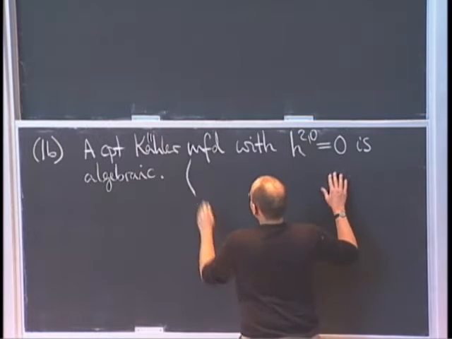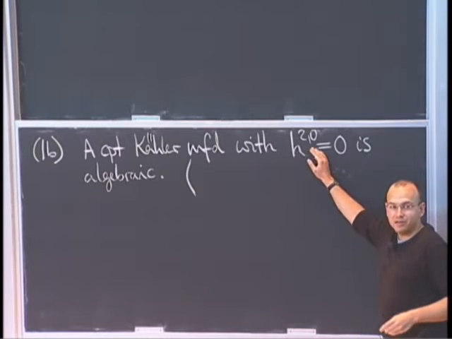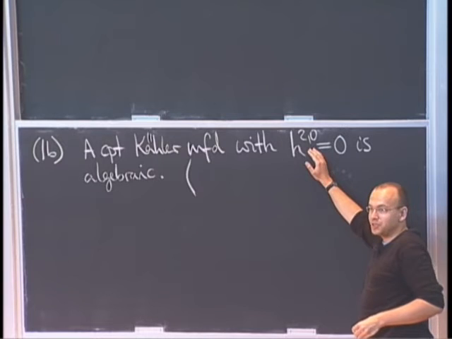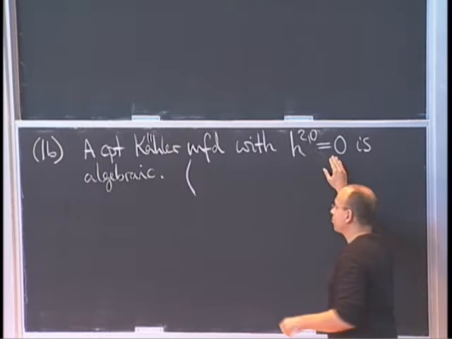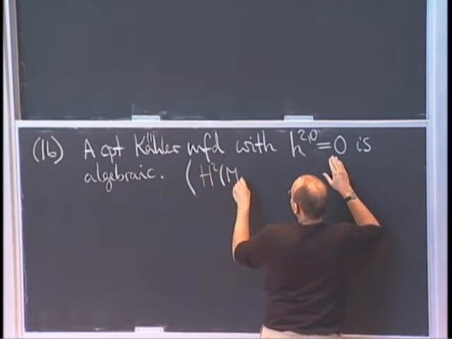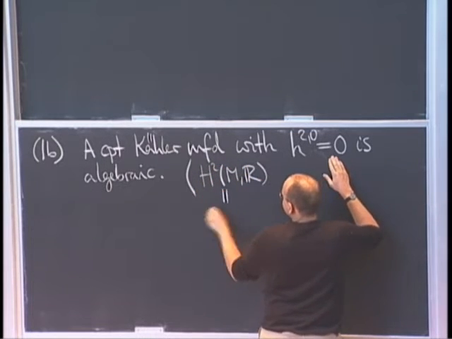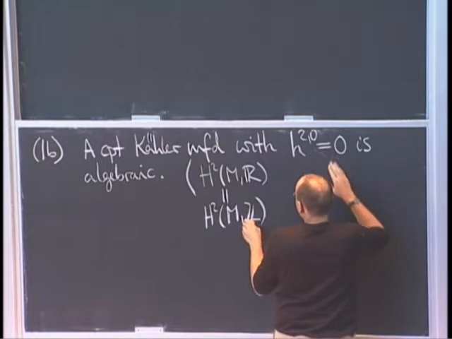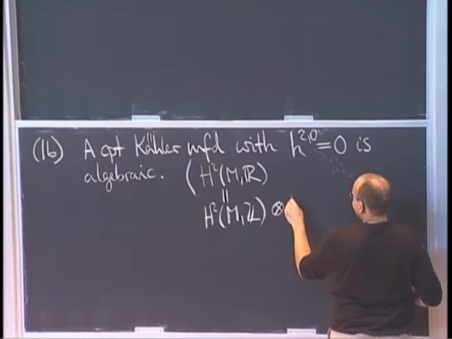And why is that so? The Hodge decomposition tells you that if this Hodge number vanishes, which means that the manifold doesn't have any holomorphic 2-forms, then this means that H^2 of M, R, which is the integral cohomology tensored with the reals,